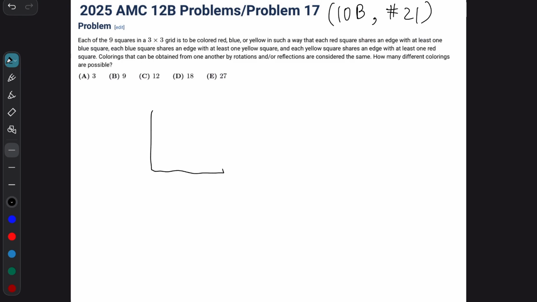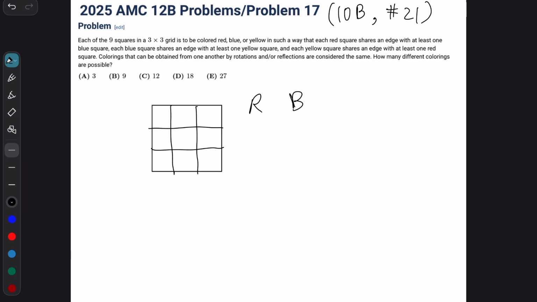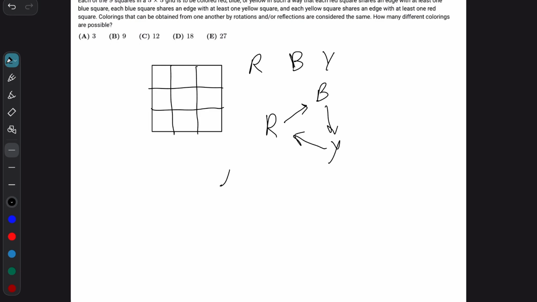So there are 9 squares on a 3x3 grid. Like that is the 3x3 grid. It's either red, R, blue, B, or yellow, Y. Now, each red square shares an edge with at least one blue square, and so on. So R, B, Y. That means that this is in a cyclic relationship. So therefore, we can set one color as 1, 2 colors 2, and 3 color as 3,